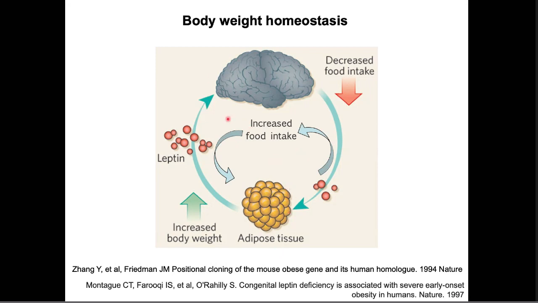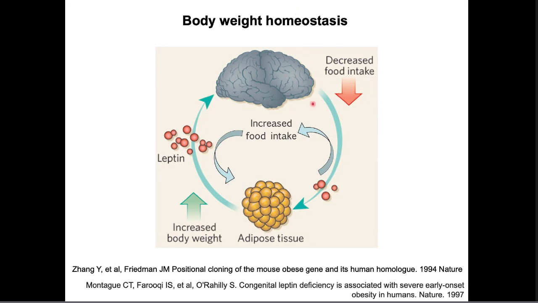And once there's enough fat, the brain triggers a plethora of responses that includes suppression of food intake, which in turn reduces the amount of adipose tissue. Once the adipose tissue is smaller, it produces less leptin, and somehow less leptin leads to increased food intake, which then makes the clock tick the other way around. And for a long time, it was thought that the only efferent mechanism of action of leptin was to decrease